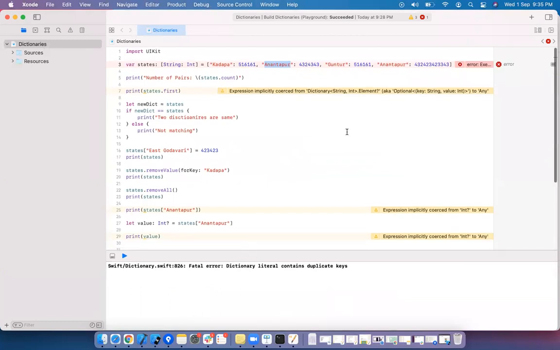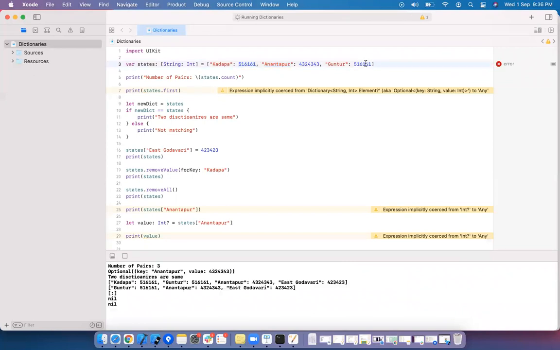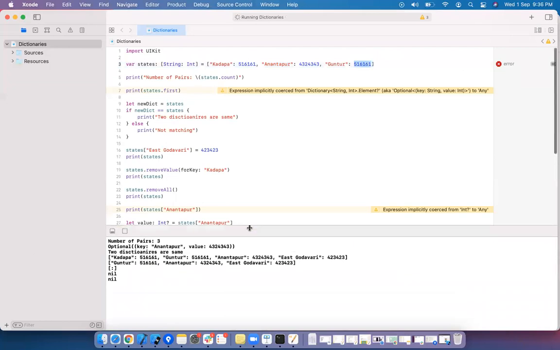As I told you, the dictionary does not allow duplicate keys. The dictionary literal contains duplicate keys. Okay, this is the error which we have got. So it is proven that a dictionary does not allow duplicate keys, whereas you can have duplicate values. 5, 1, 6, 1, 6, 1 are duplicate values you can have, whereas duplicate keys you cannot have.